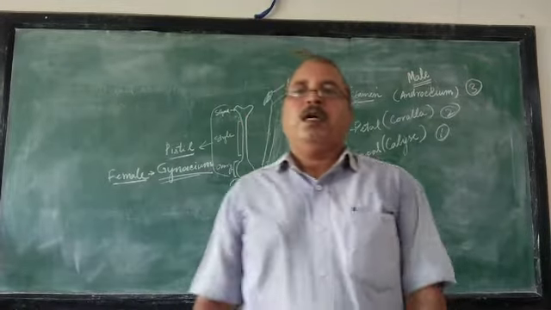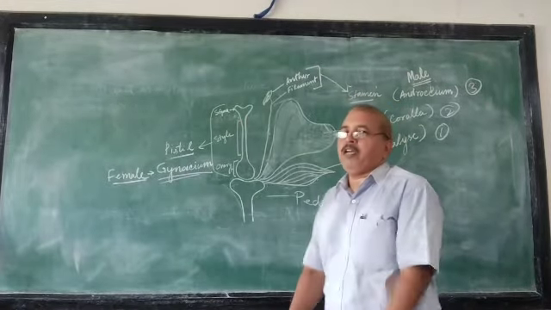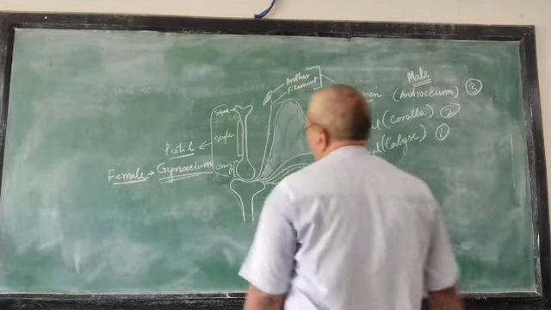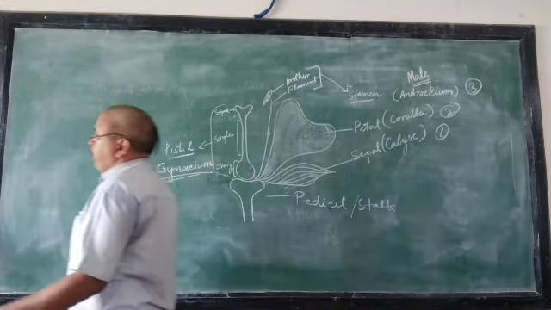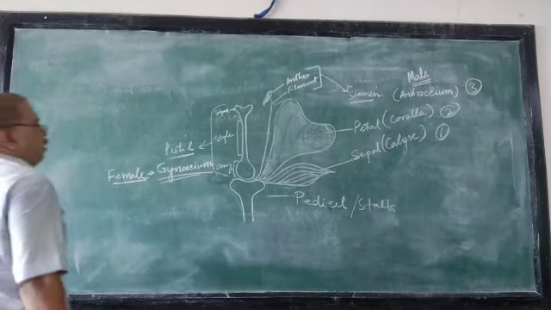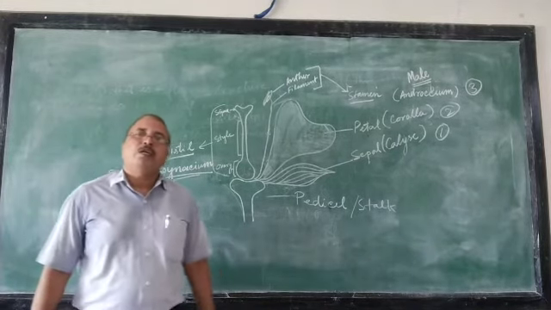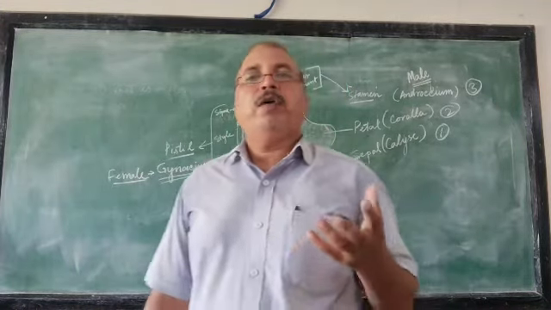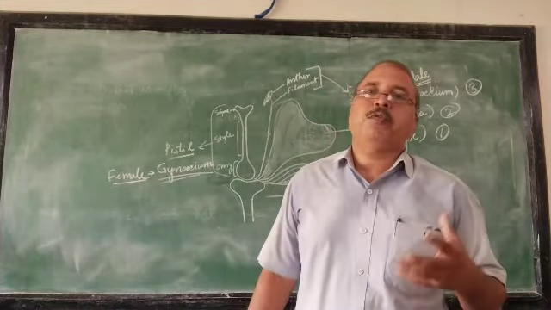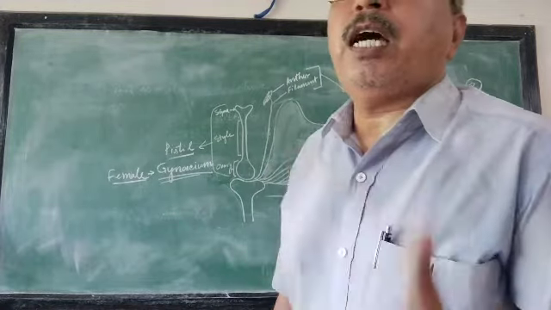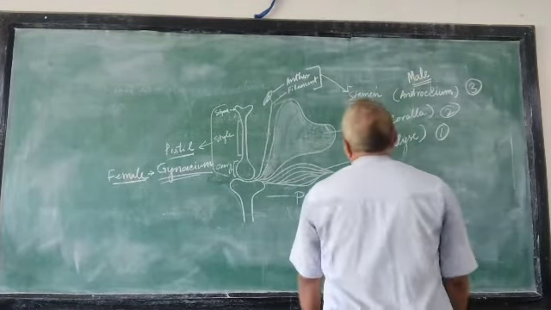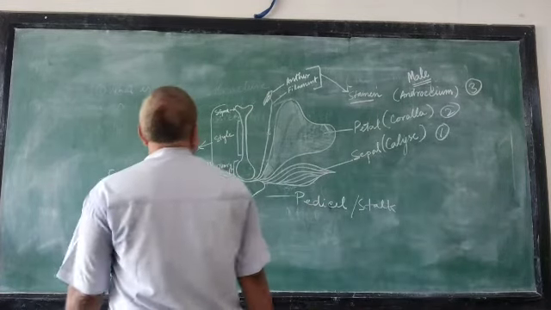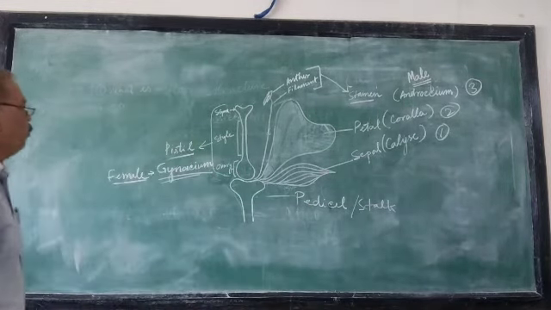Dear students, in the previous video we have read about the parts of a bisexual flower or hermaphrodite flower, right? You remember bisexual when I said? It means such a flower where both male and female parts are present. Now we will read about the functions of different parts of the flowers.